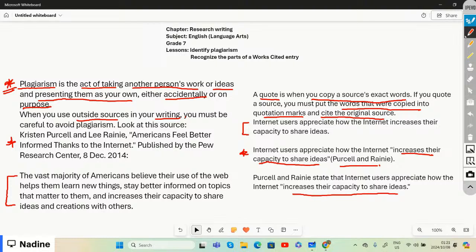All right. And once again, we said plagiarism is the act of taking another person's work or ideas and presenting them as your own. Whether you made a mistake, like oops, accidentally, or whether it is on purpose, because you don't feel like reading all of this and just copy and paste, that is something you can get in trouble for. Remember,